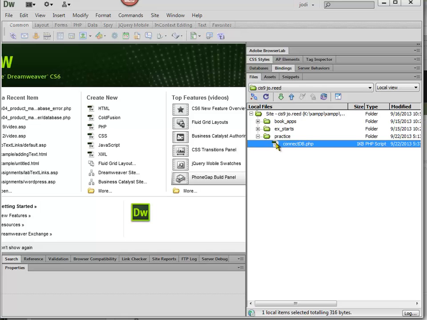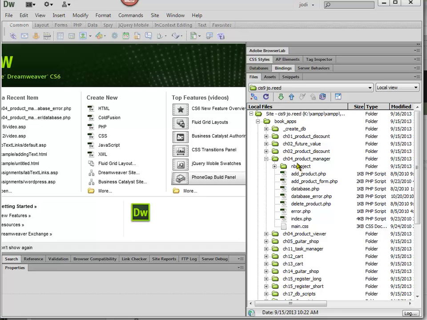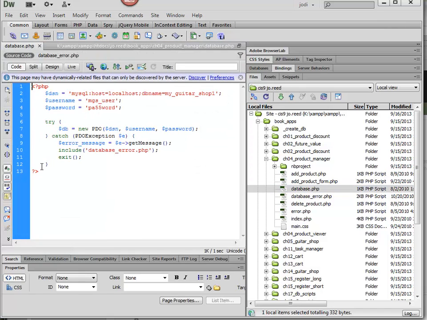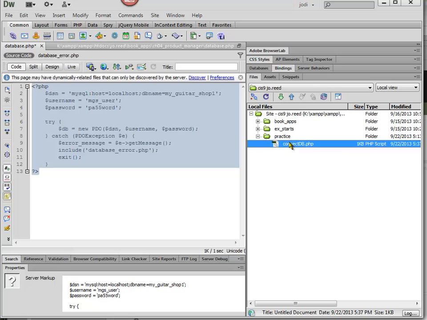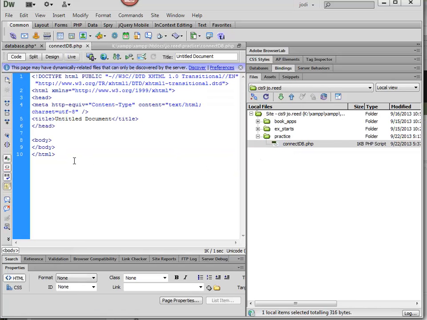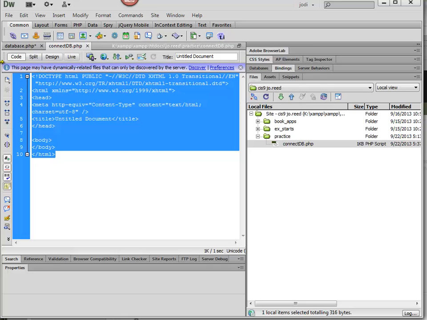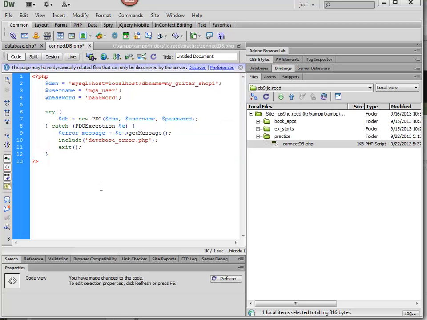I'm connecting to the database, and just to make it easy on myself, I can go to the chapter 4 folder and just grab the code from the database file to save myself a little time. I can just copy and paste that. So I'm going to copy that and then go back to my connectdb file